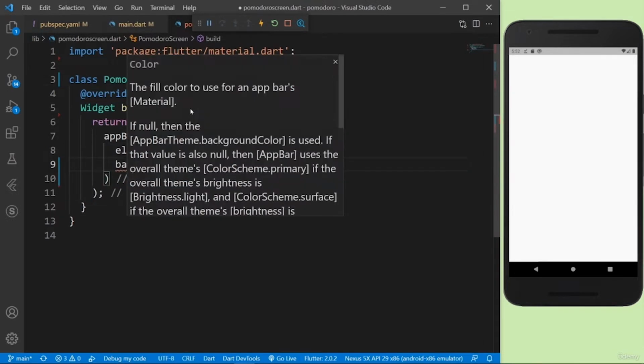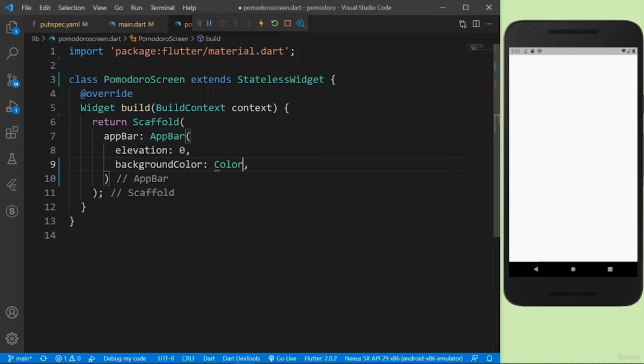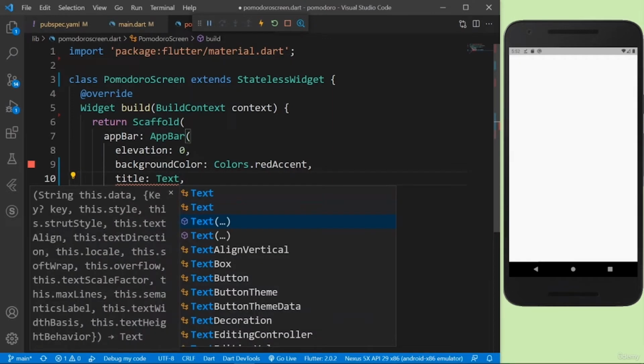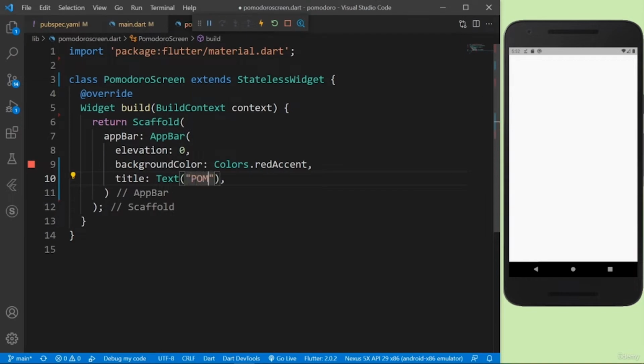And then I'm going to have a background color. So background color for now is going to be Colors.redAccent, because later on when we have a break session, then we'll have the light blue color, but for now we'll have just a red color, and later on when we implement the state, we'll change it. And the title of this whole app bar is going to be Pomo Timer. So our app name, we can just say Pomo Timer,